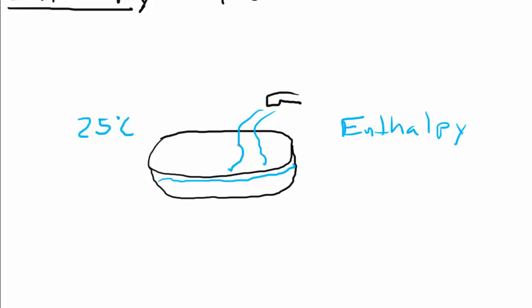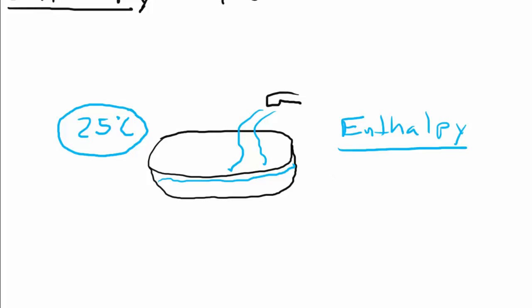Now, an interesting thing happens. The temperature of the water in the bathtub doesn't change because temperature is an average of the kinetic energy of the particles. However, the enthalpy of the water in the bathtub does change because remember, enthalpy is the sum. So because you're adding more water molecules and each of those water molecules has that same average kinetic energy, since you're having more water molecules now, there's more heat energy, so there's more enthalpy. So if you add water to a bathtub like that, then the enthalpy would go up.